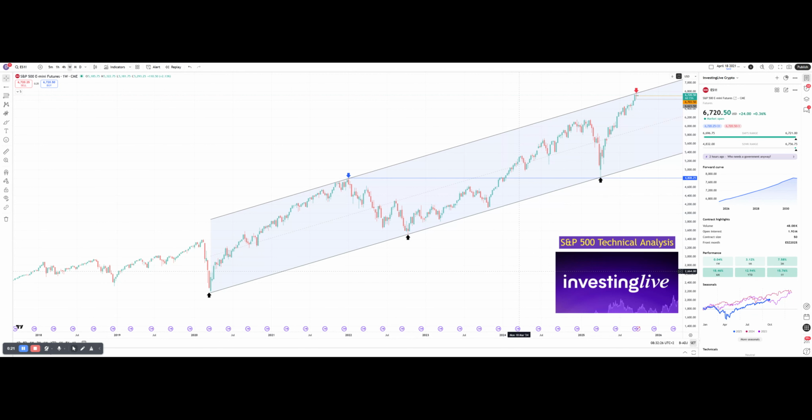at least the way that I and some others see it. This is the weekly time frame. We have three touch points here, here, and here. Here is not one, by the way. There's a lot of ways that different algos draw channels and trend lines. There's more than one.